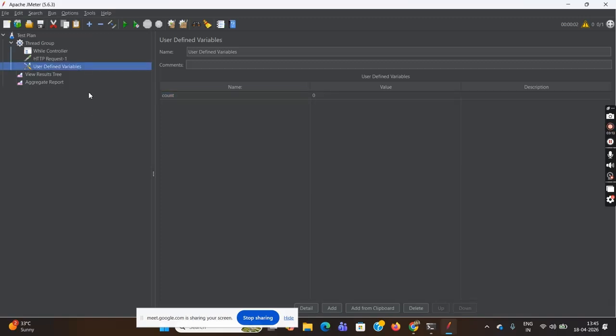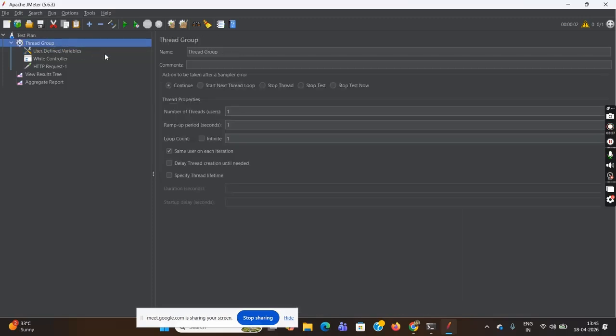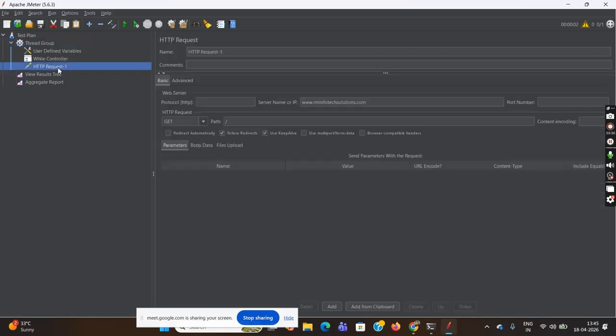Okay, and you can put it here. So now this is the variable I have defined inside the thread group. Now, after this request I have to increment this counter. That is, when the person has visited this page, I want to increase this counter from 0 to 1, then 1 to 2 and 2 to 3, in that way. So what I will do, after this HTTP request one,